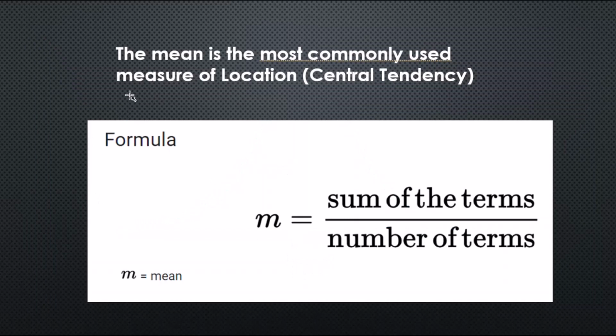So the one that's most commonly used is the mean. However, look at the formula. The formula for the mean is the sum, or the addition, of all the numbers divided by the count of the numbers, or how many numbers you have. Wait a minute, that sounds like average. That's a word that we use all the time in our common language. Statisticians call the average the mean.